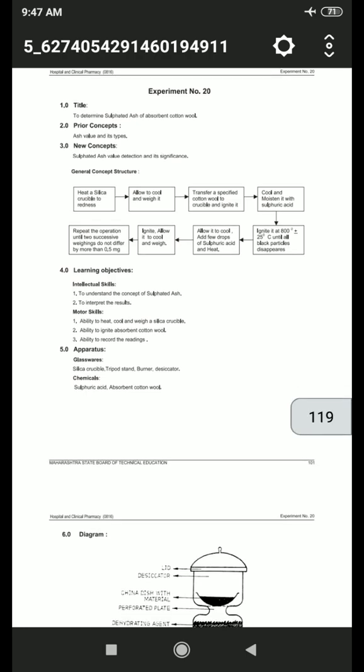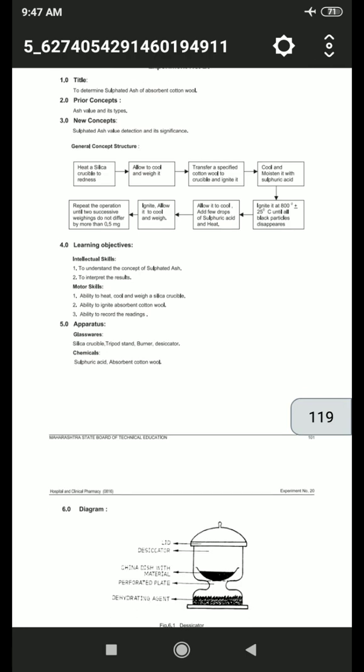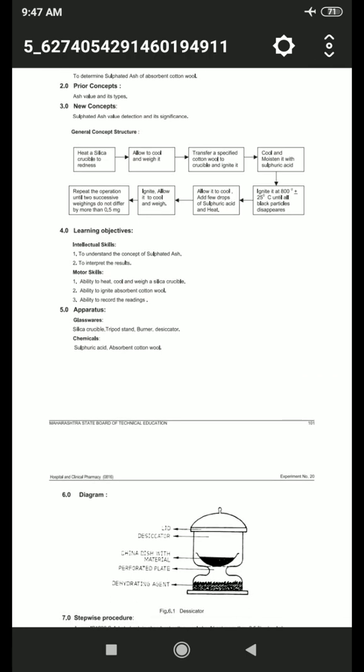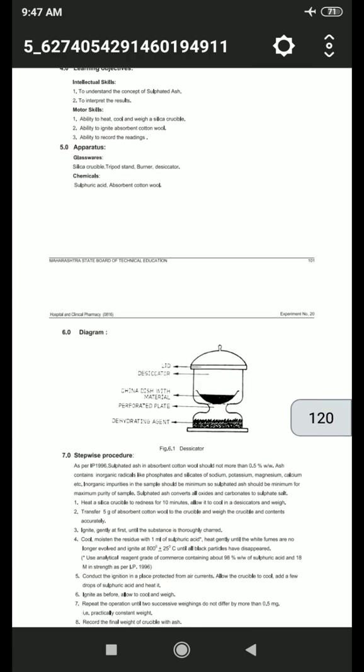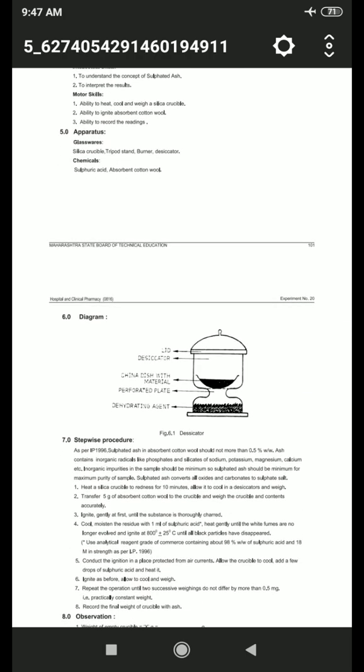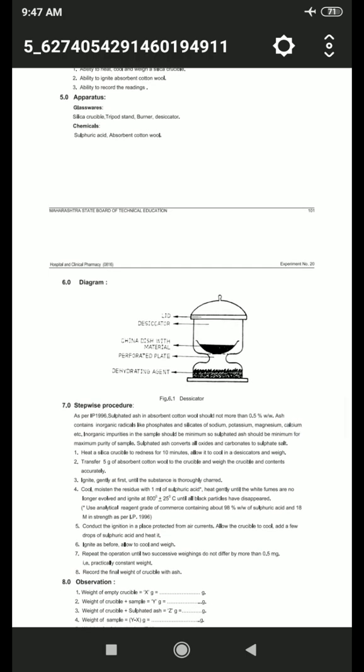Then next is apparatus, glasswares and chemicals. The glasswares are silica crucible, tripod stand, burner and desiccator. Then chemicals: sulfuric acid and absorbent cotton wool. Then this is the diagram of the desiccator. The upper part of the desiccator is the lid, then the middle, below the lid of the desiccator, then